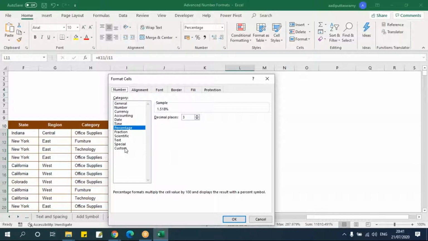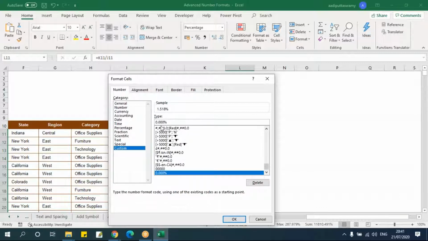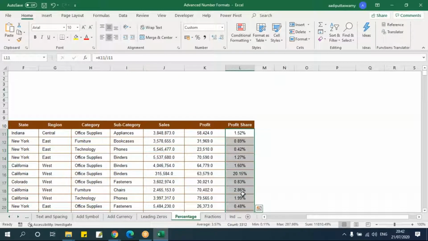Now if you want to do that, I have to go to this custom. As I told you, every custom will actually have 4 different parts: positive, negative, then a condition, or for the text. So let's go here. I'll copy this and put a colon and paste it. Now this will get converted to percentage.